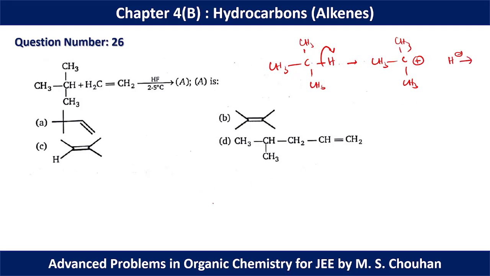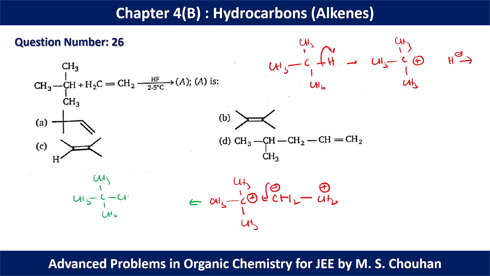Okay. Now this tertiary butyl carbocation will react with a symmetrical C double bond. We can dissociate this double bond like this: CH2 single bond CH2. This is minus, this is plus. So this negative charge can approach to this carbocation, and we can have this kind of intermediate: CH3 CH3 CH2 CH2 plus.